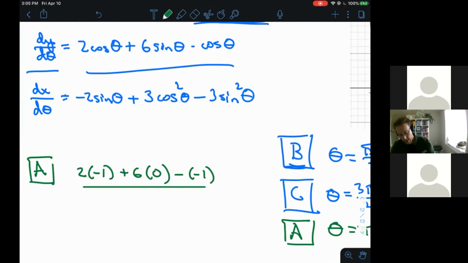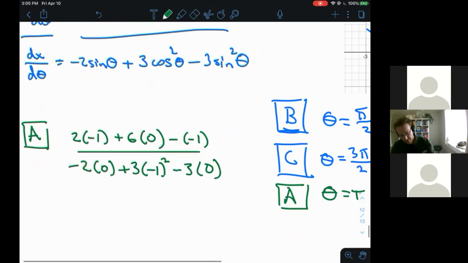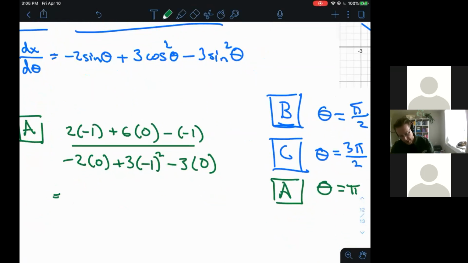Divided by, let's see, -2 sine of pi is going to be 0, plus 3 cosine squared. So cosine squared, well, -1 squared here, that's going to be 1. And then we have -3, and then 0 squared is just 0. And so let's go ahead and figure this one out here. This is going to be, let's see, -2 plus 1 on top. And then in the bottom, it looks like I have 3. So this is going to be